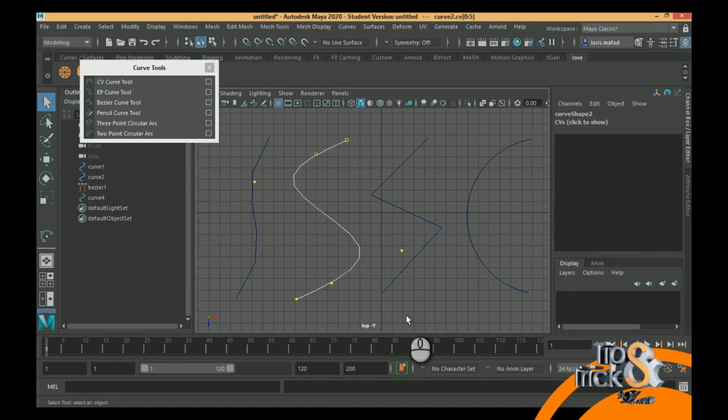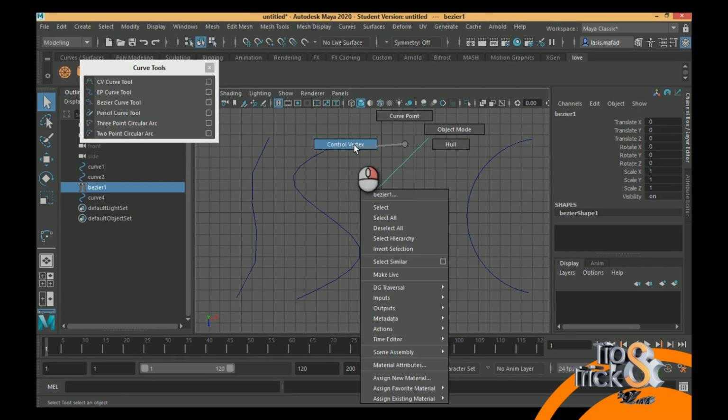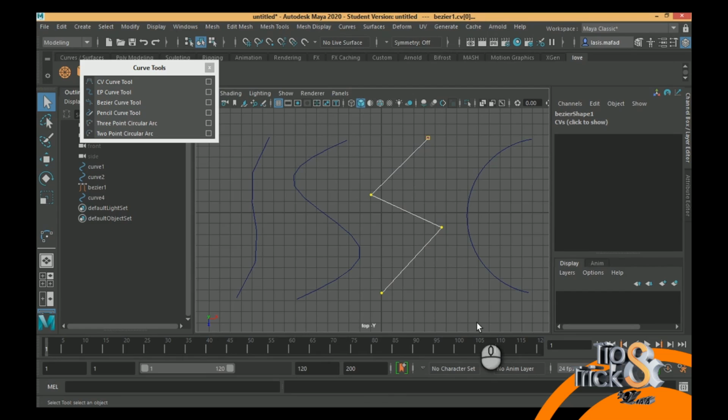Then I'm going to select. Now I have 1, 2, 3, 4, 5, 6. 6 points, but I only created 4 points. Okay, so as you can see, it automatically adds 50%. Okay, additional 50% for the points. Okay. Next, control vertex. This is accurate, unlike CV curve. Okay. However, the problem is we have a sharp